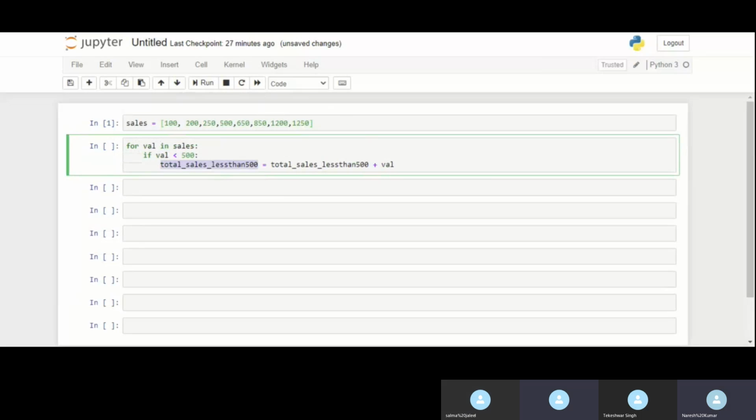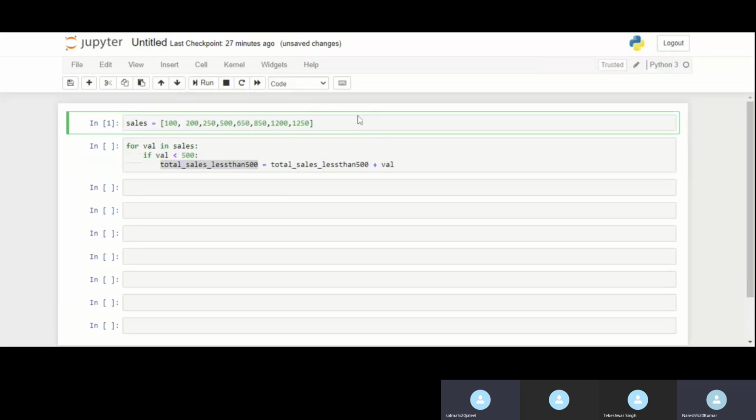Basically, this total sales would be a new variable where it will tell me any sales amount that is less than 500. It should go and put it in this variable. So we have to define these variables first.